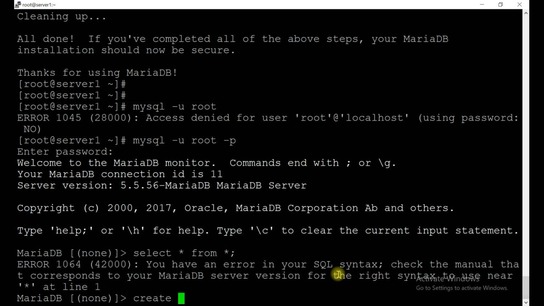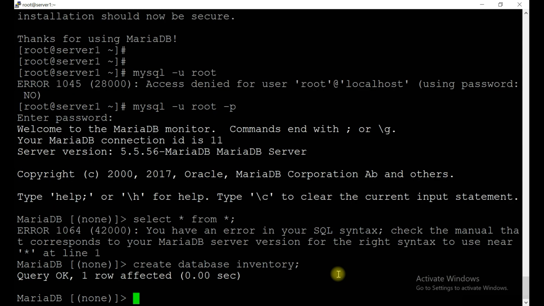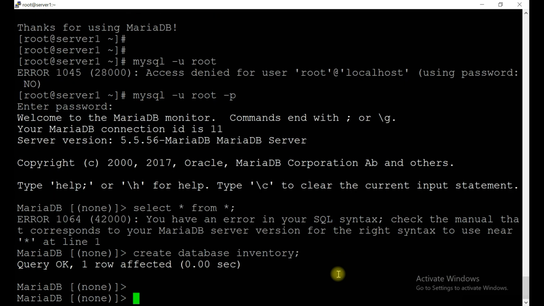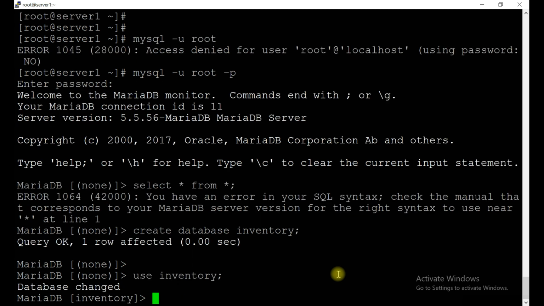Let's do one thing, create a database. We also don't have inventory, so create database inventory; semicolon. Okay, now we have the database. Use inventory. Now we need to create a table inside this inventory. So create table category, and we need to define values.